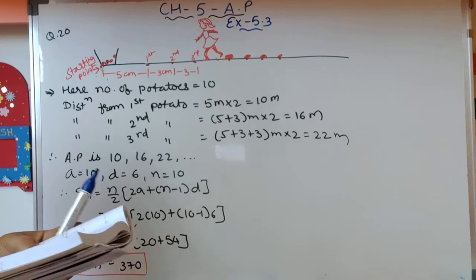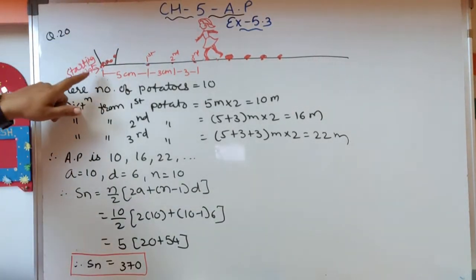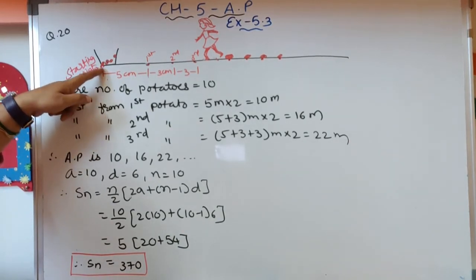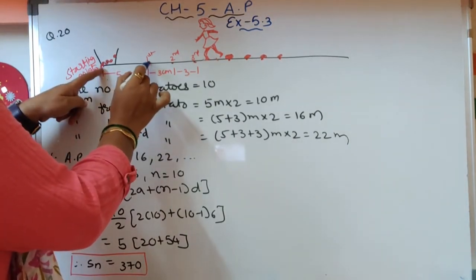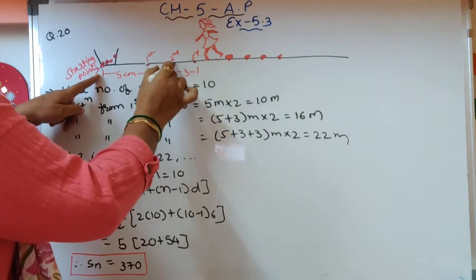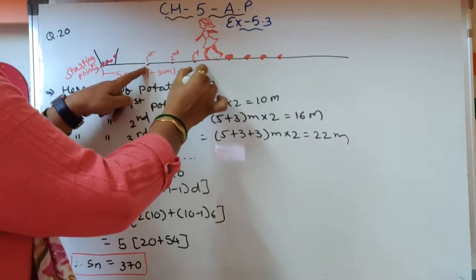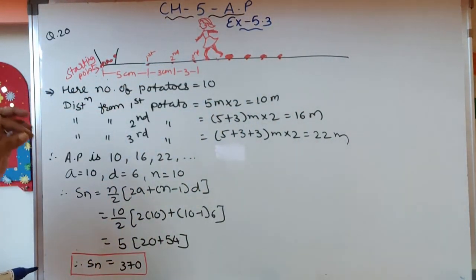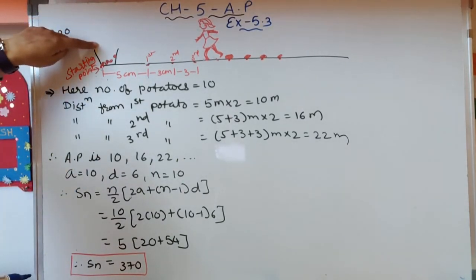So here, in short, any competitor has to start from a point. The starting point is the bucket, and the distance between the first potato and the bucket is 5 centimeters. From the next potato, the distance between the first potato and the second is 3 for each potato. Now what the competitor has to do is start from this starting point.